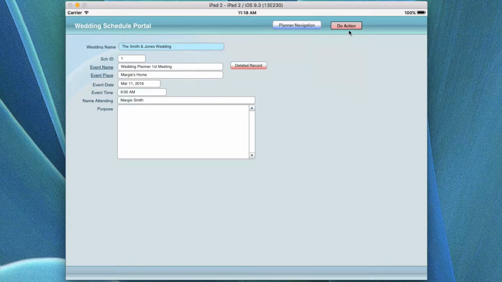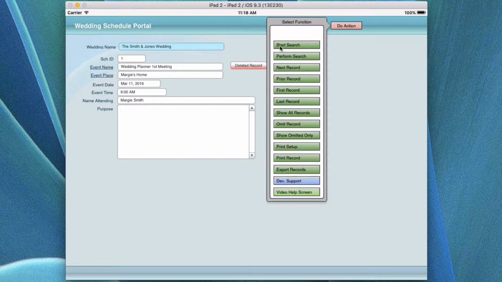Now, there's other things, and we haven't talked about this too much, so let's start talking about the Do Action button and how it's used in an individual portal or in a list view. For example, you can navigate by starting a search, and if you were looking for a particular piece of information, in this particular case, if I wanted to look for maybe everything that had to do with Maggie Smith, or say, for example, a certain date and Maggie Smith, I can combine those. Or I can, for example, find something that says Maggie's home,